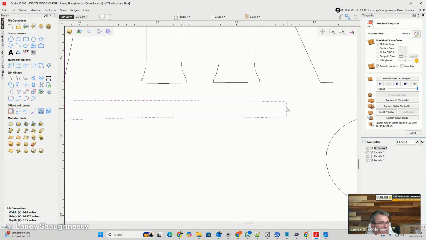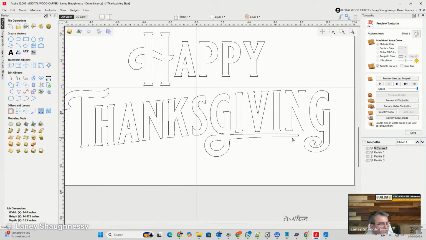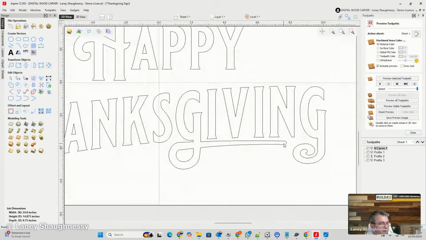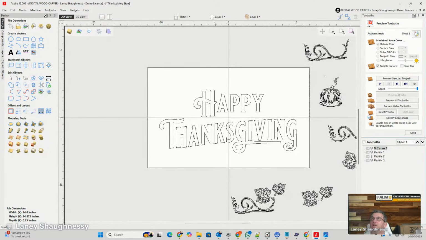And I don't want it square on the end here. So in node editing, I'm going to right click and turn that to an arc and pull that out. Okay, so that's going to be that. Might play with it a little bit to clean it up, but I'm just trying to give it a little bit of something, something. All right, now